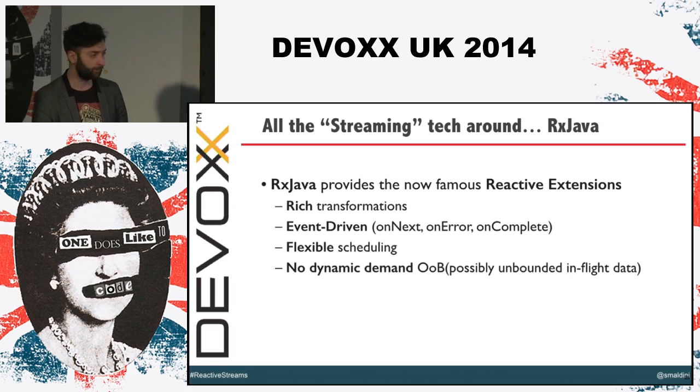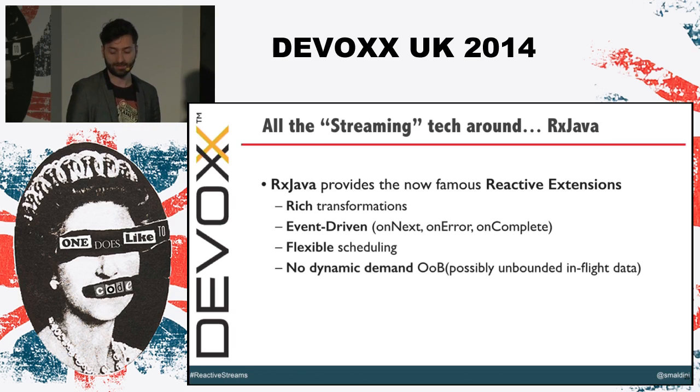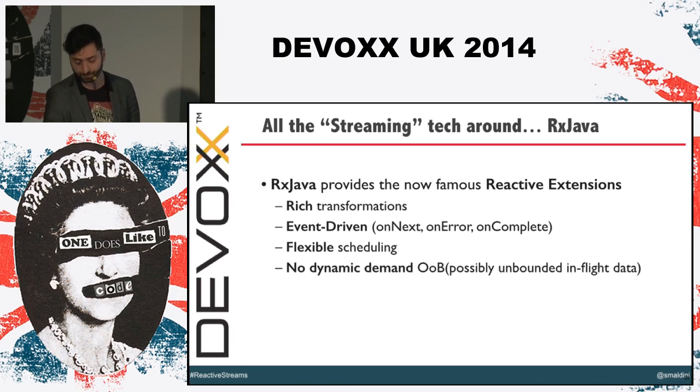But there is still something not available straight away from RxJava, which is the dynamic demand nature. So remember all this thing about demanding 10 elements, and for this 10 next element, you will be notified directly without blocking. But if there are more elements, they're going to be buffered somewhere because you have to buffer. Some subscriber will be slower than the producer at some stage. So you don't want to block your producer producing data. You have to get this staging area between. And this boundary is something missing in RxJava. That's why,